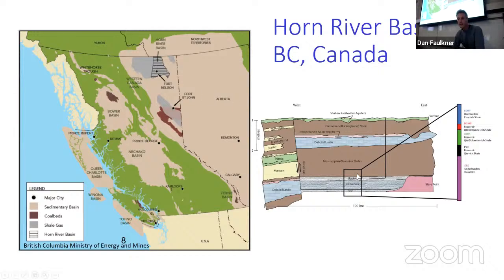So in this area, they're fracking three different reservoir horizons, which are about 2 kilometers depth in the subsurface. There are these three horizons down here: the Evie Shale at the bottom, the Otter Park formation just above it, and then the Muskwa Shale just above that. Sitting above these three reservoir horizons, there's a thick sequence of shales. And sitting below is a dolomitic horizon, actually in the basement, the Keg River formation. And there's the Horn River Basin, in case you're wondering.